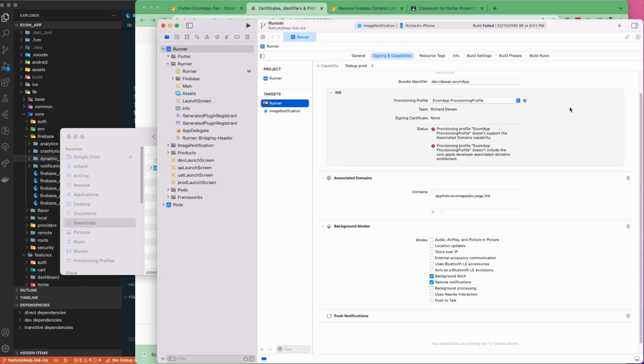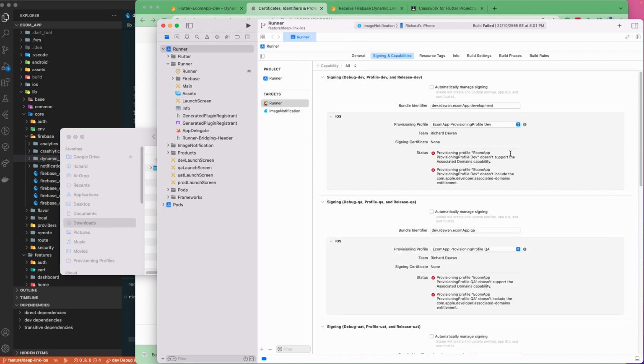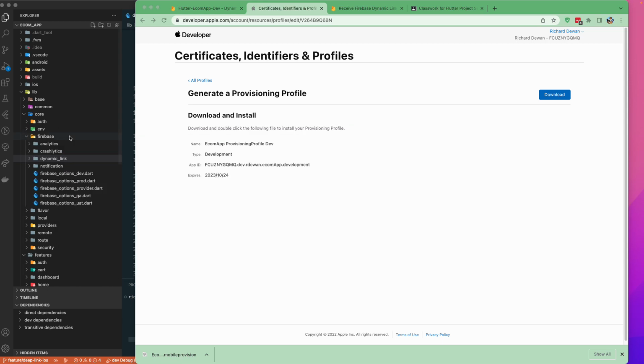So let's go back over here, and let's go into the all tab. We have currently configured that one for the dev version. Let me import it one more time, and we see that it's still getting an error. The provisioning profile ecom app provisioning profile dev doesn't support the associated domain, but actually we have already updated it. So let me close all of this information,